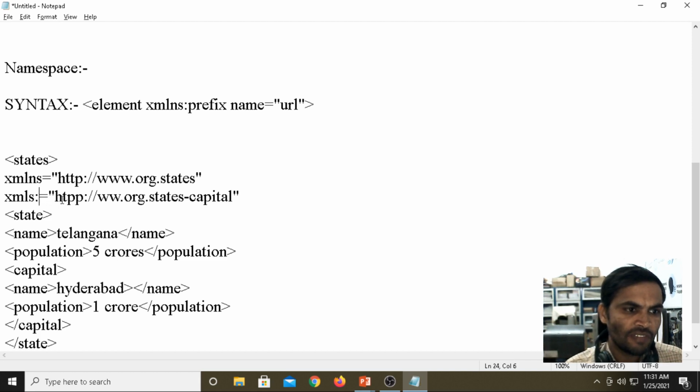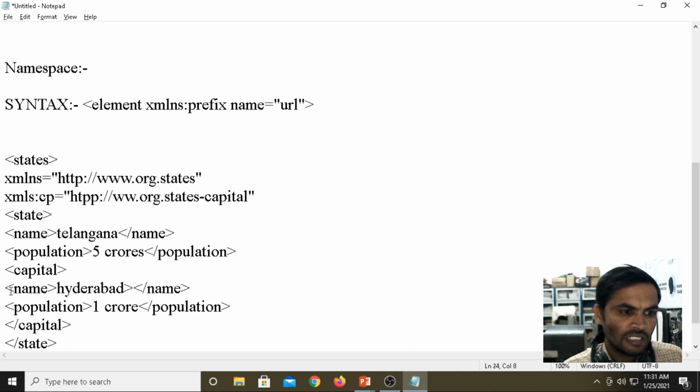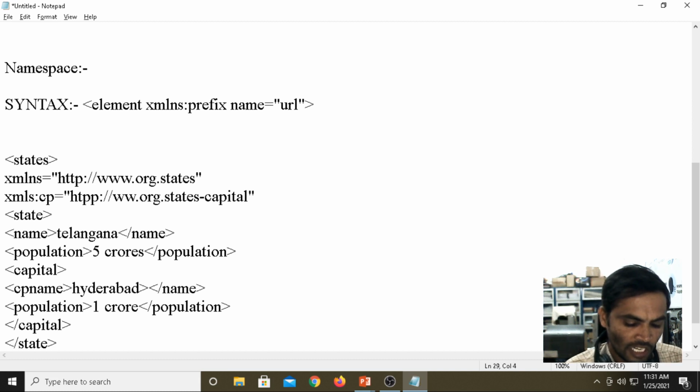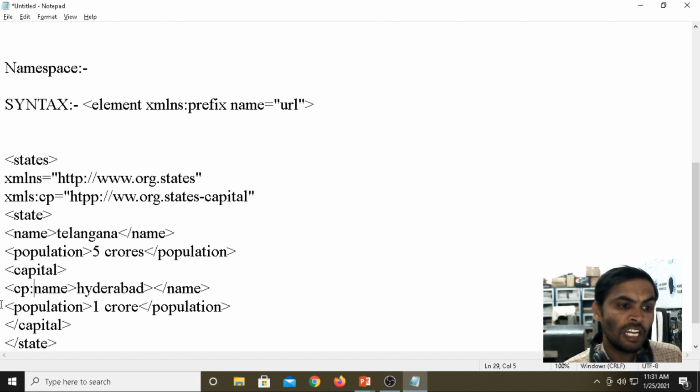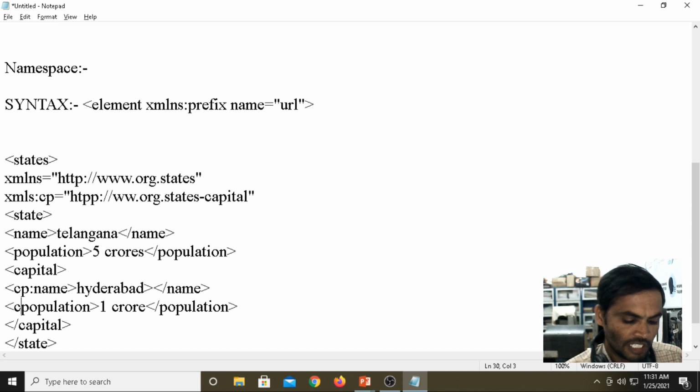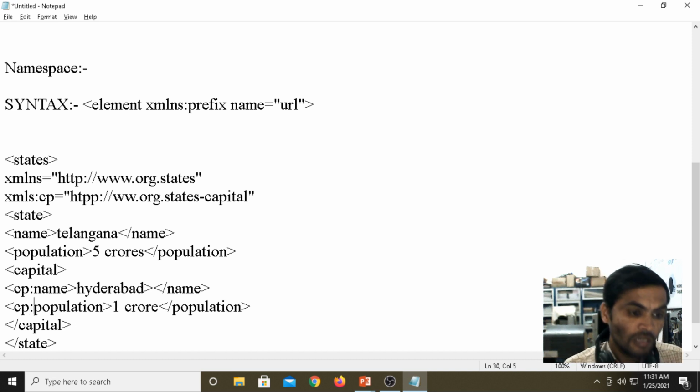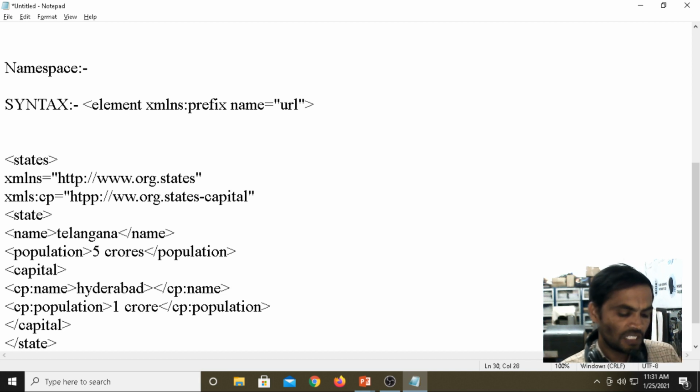Suppose the prefix we give is CP, then I write CP before the element name. Now we are eliminating the ambiguity, eliminating the conflict for your element. That is the purpose of using namespaces.